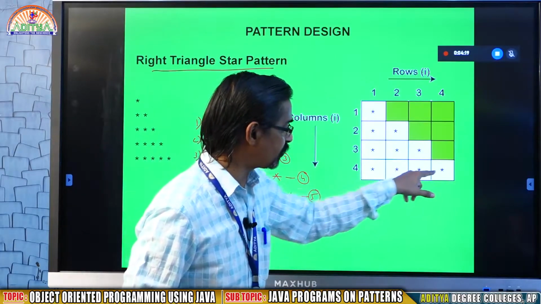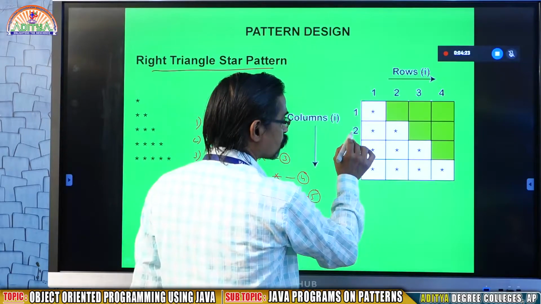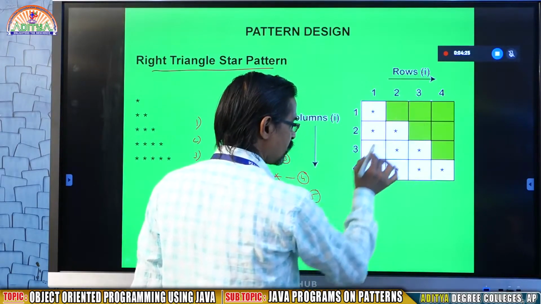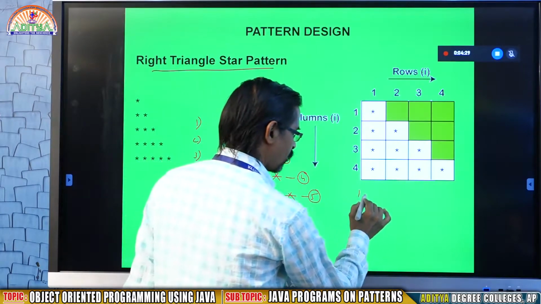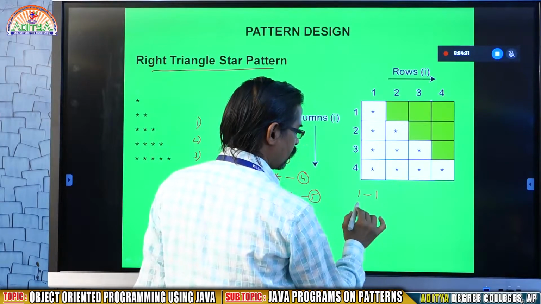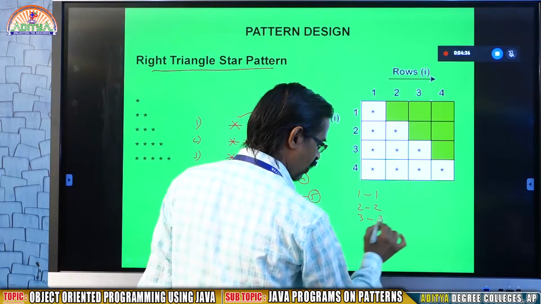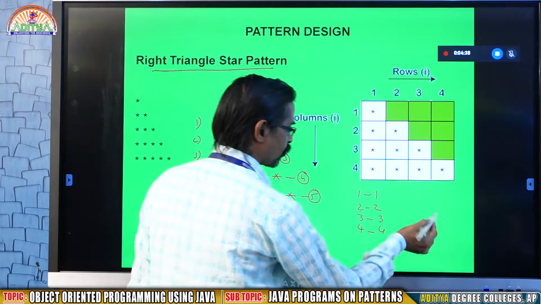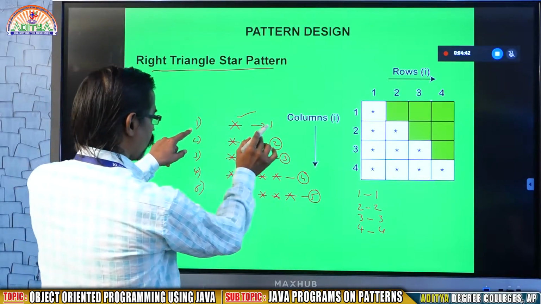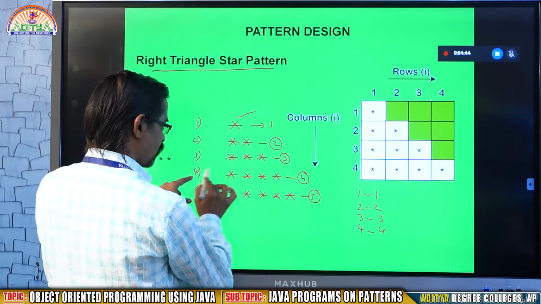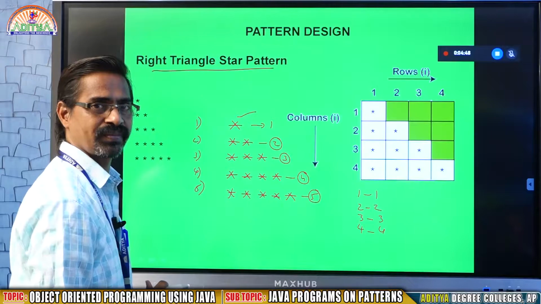Fourth row, 4 stars. That means 1, 1, 2, 2, 3, 3, 4, 4. So for 1, I require 1 star, for 2, 2 stars, for 3, 3 stars, for 4, 4 stars. This is what I want, and so on: 5, 5, 6, 6, 7, 7, like this.